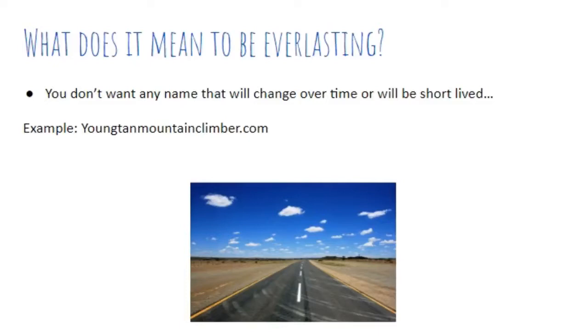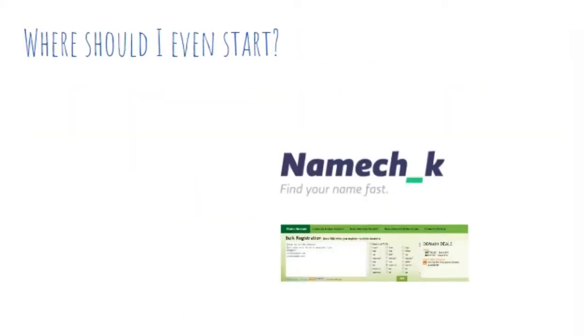Another example would be you wouldn't necessarily want the Happy Traveler or Smiley Traveler unless you're really going to base everything upon being happy and smiling, but you might want a little more broad topic on the adjectives and maybe a little more niche focus on the root word that you're using. And you definitely want to pick a name that's going to be relevant for years to come. So any kind of movie quotes or anything that's very, very small niche is something that I would avoid if I were you. Where should you even start?